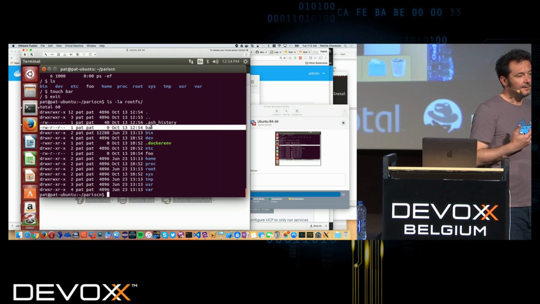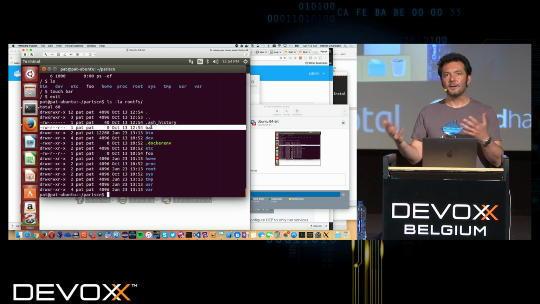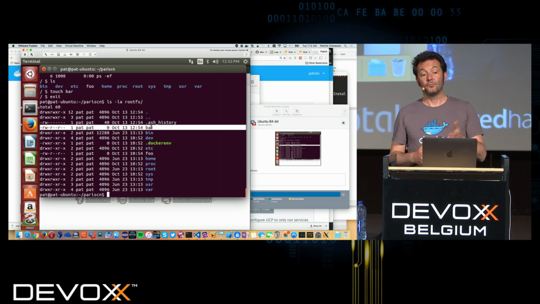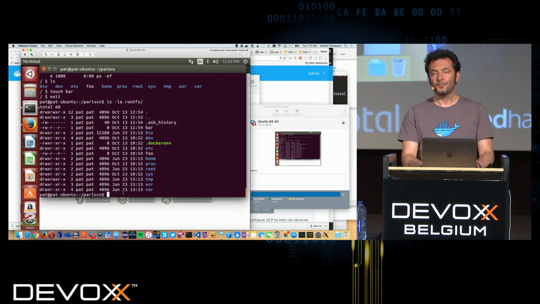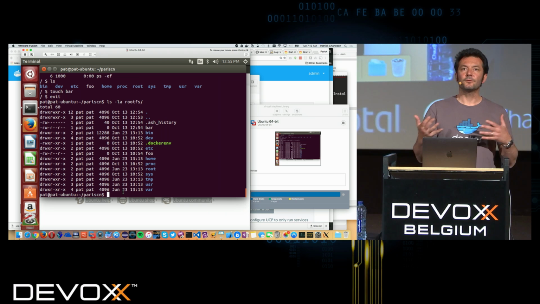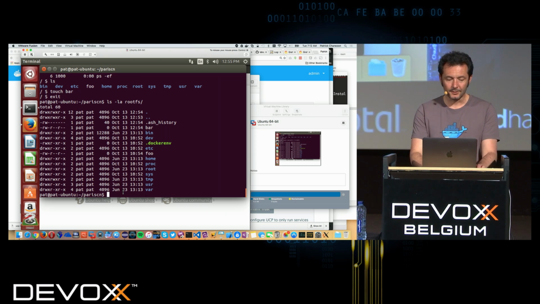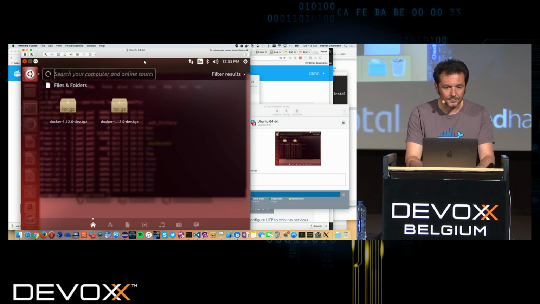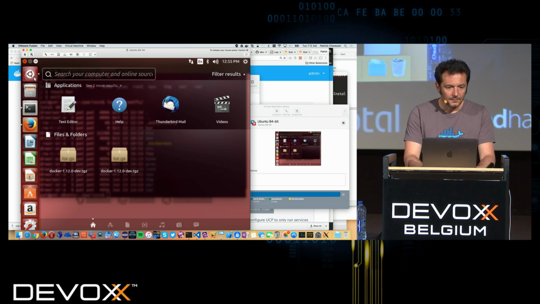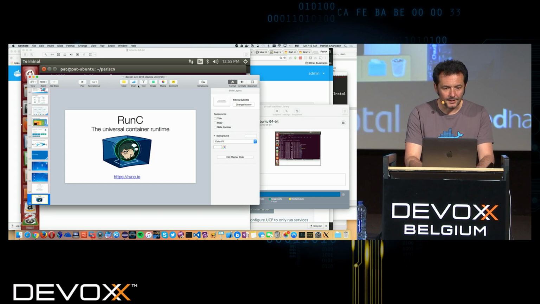So one of the criticisms against Docker very often is that it doesn't marry well with systemd. Runc works really well with systemd. So if some aspects of Docker don't give you enough control, or if you want to push the limit a little bit in terms of capabilities, runc is a pretty good option to take a look at. Oh no, I don't want to search. So let me just go back to there, and I'll just quit that VM. Okay, so that was runc.